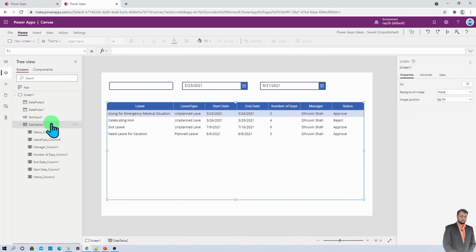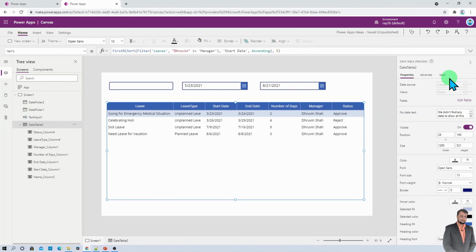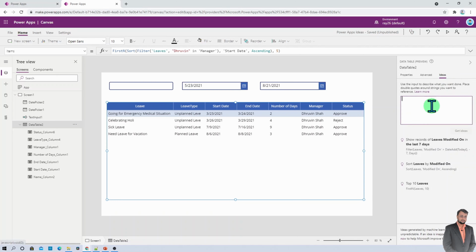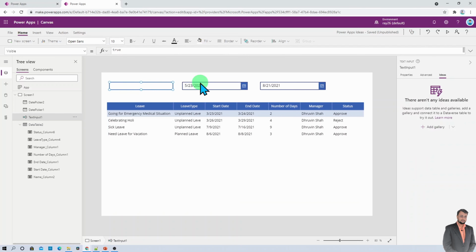Let's see. I'm selecting this, go to the ideas, and now here I'm just typing: show me leaves, this is my table, where the internal name for this particular column is name. So I'm just typing name in where the name is, it is in text input 1.